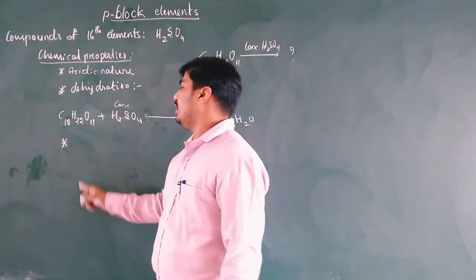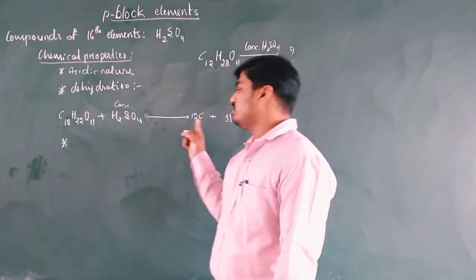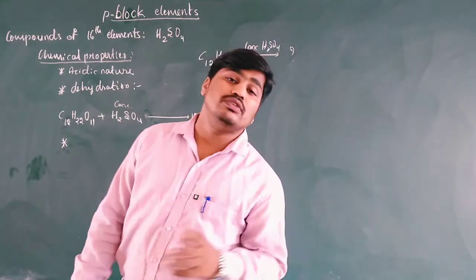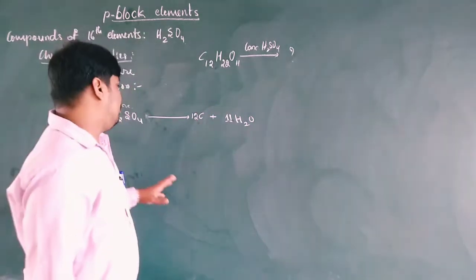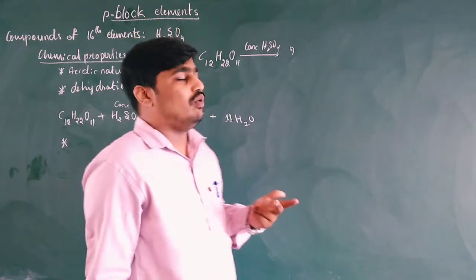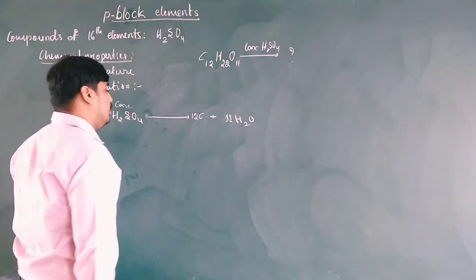If you consider glucose, then 6 molecules of carbon will be formed because it contains 6 carbons. Okay, so you should remember the molecular formulas of glucose and sucrose. These two are required for giving the example. Okay, next,